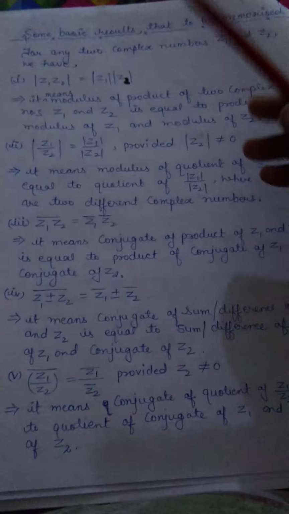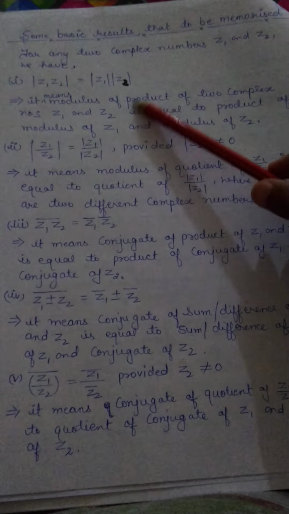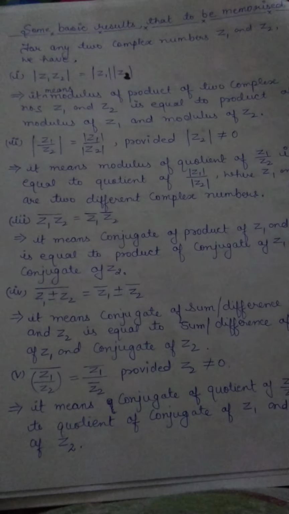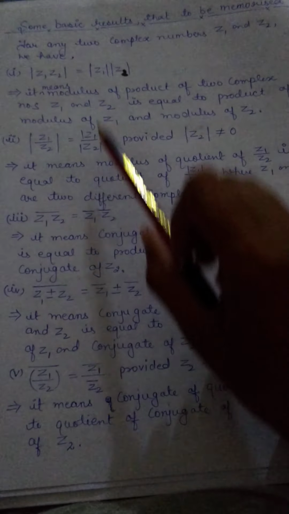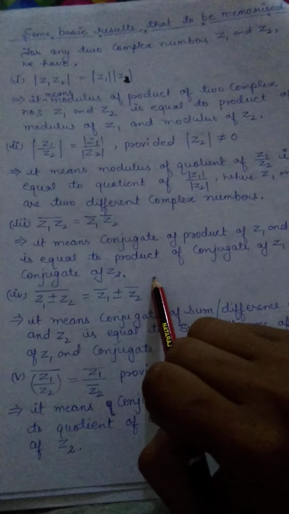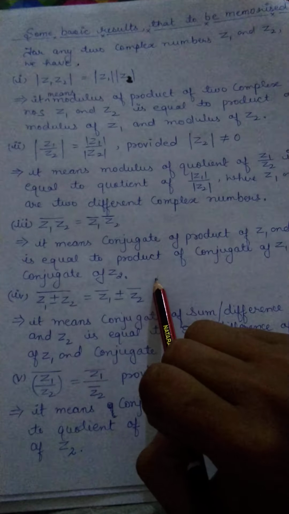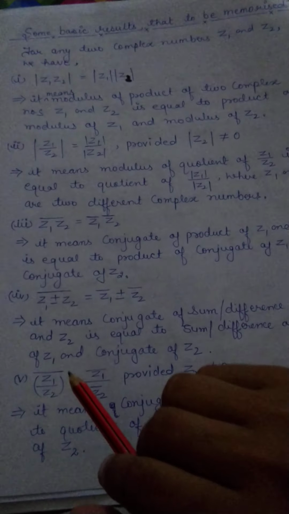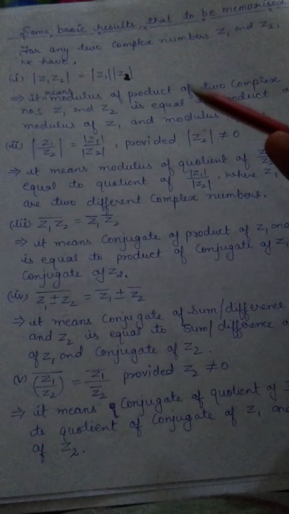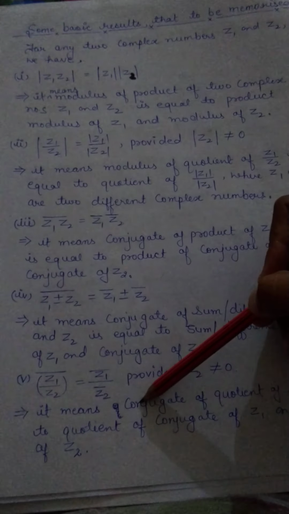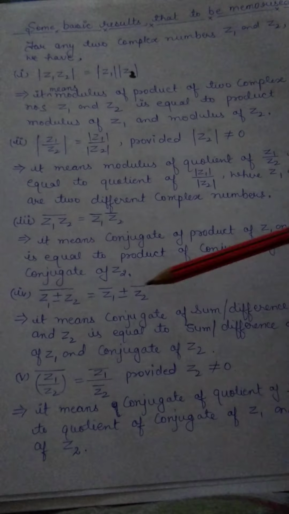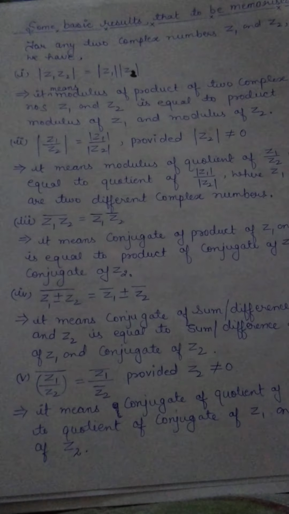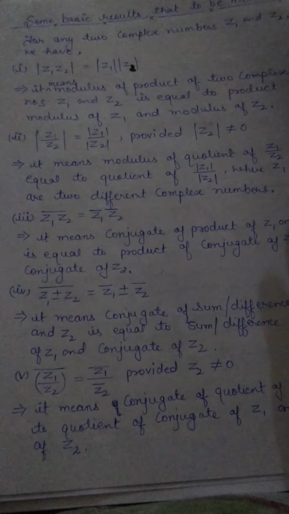Suppose I am giving you this, I am writing this, this, and this, and I am asking you which of the following is not correct. I will make a simple difference, in any one of them I will make something wrong, okay bache? Then you will have to identify which one is wrong and which one is right, and when will you be able to do that? Only when you really know these, right beta. Then only you will be able to do. If you know the correct thing, then only you can find out the incorrect things.